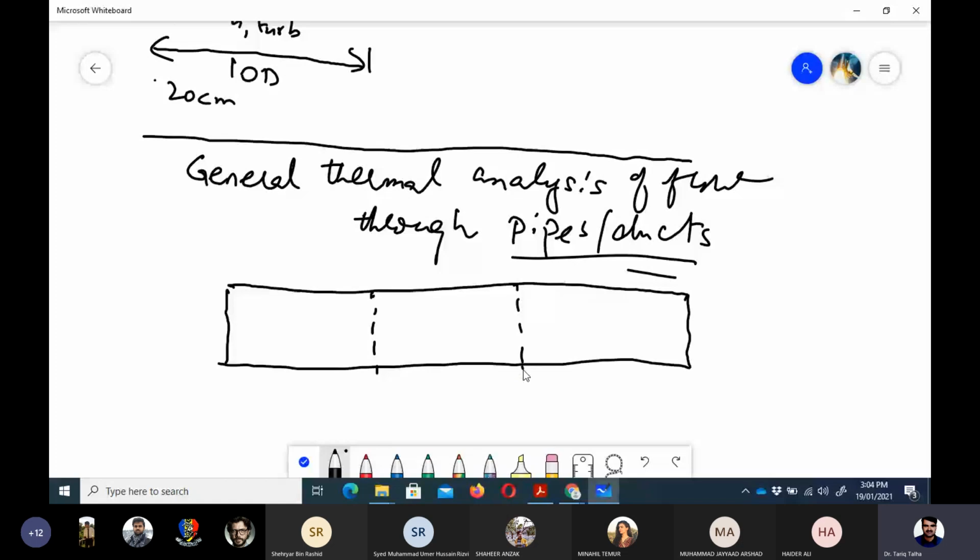What will happen is that the flow would come in with some energy, E dot in, and some heat would be coming in or out depending upon the surface temperature. If the surface temperature is more than the fluid temperature, then energy would be coming in. That would be the case of heating of fluid from outside energy. It can be solar energy as well,